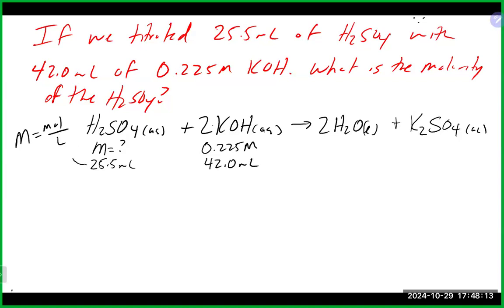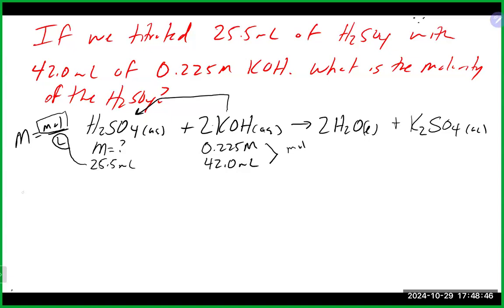Out of that, we really do have the bottom part. We do have to do a conversion to liters, but we basically have the bottom part. So remember that really what we're missing here for sulfuric acid is the moles, and that's where the stoichiometry part of it is going to come into play. That's because we can definitely get moles of our KOH. And since we can get moles of our KOH, we can use stoichiometry there to get to our moles of sulfuric acid. So the first thing we want to start with is to get the moles of the